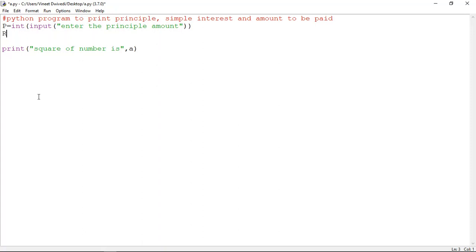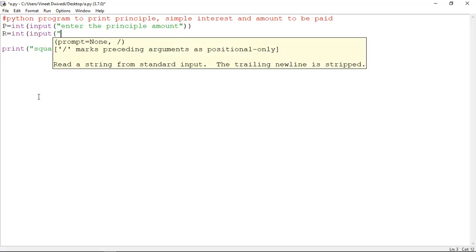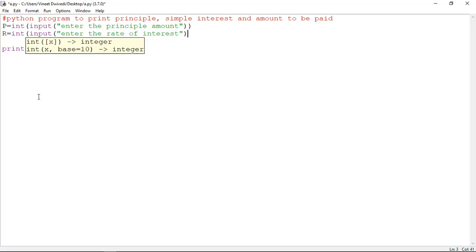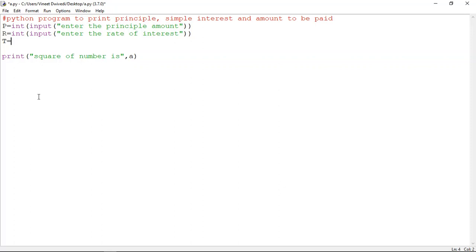okay, then we are writing r is equals to int input, enter the rate of interest, okay, enter the rate of interest, again we are closing this bracket, okay, then for how much time the particular principal is being used.